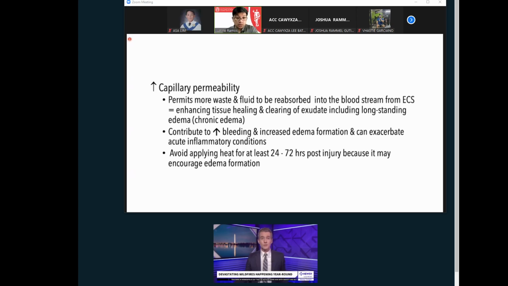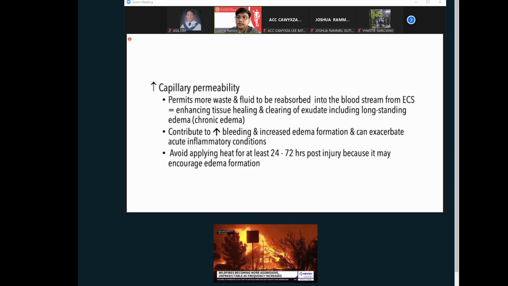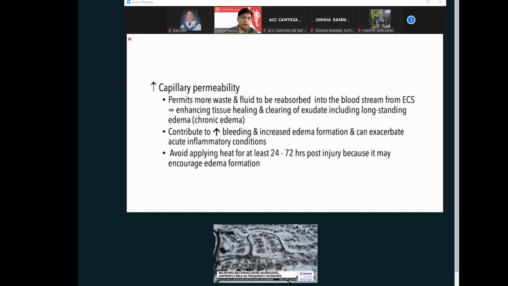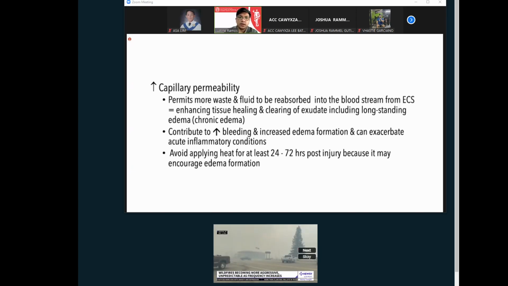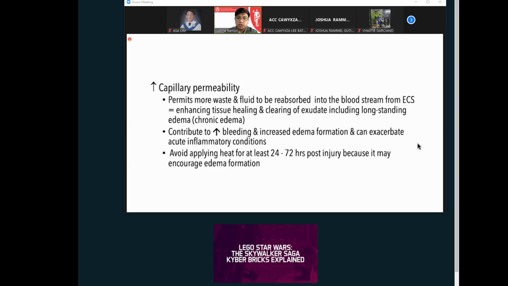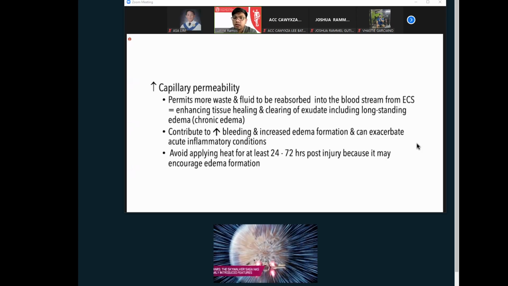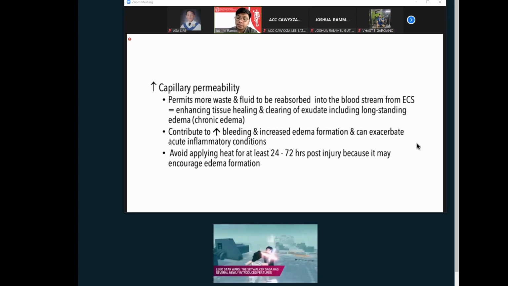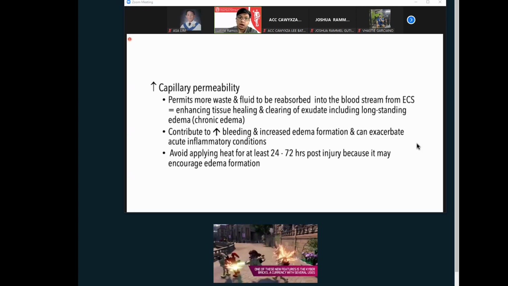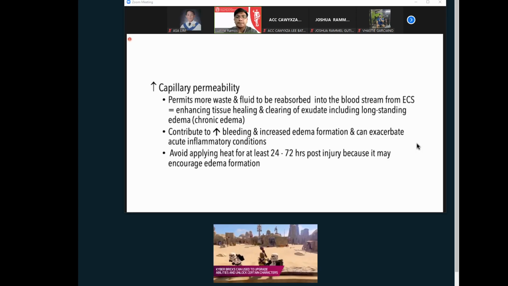So, one effect of your local or either systemic heating is an increase in capillary permeability. Meaning to say, it permits the movement of the fluid in and outside of your extracellular compartment. So, with then enhances no the clearing of your exudates, your substrate, your metabolites. It has been constantly present on a chronic, okay, edema, for example.